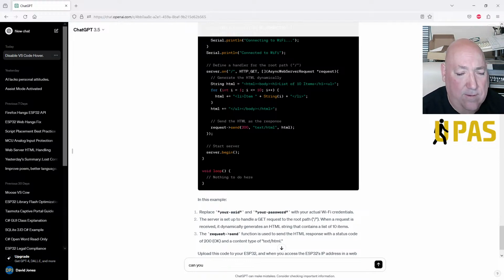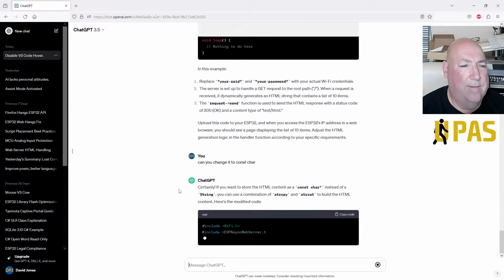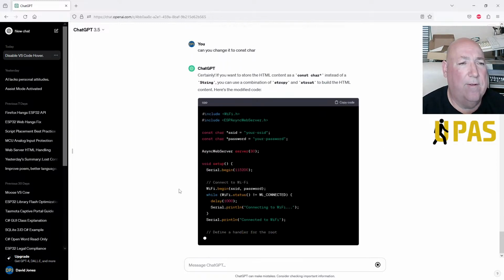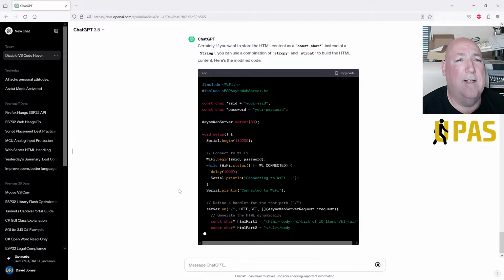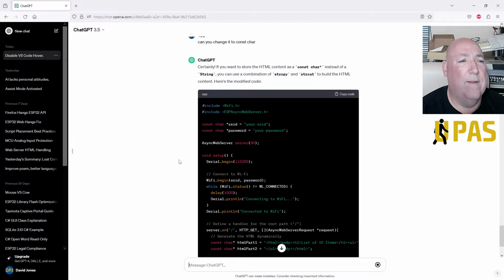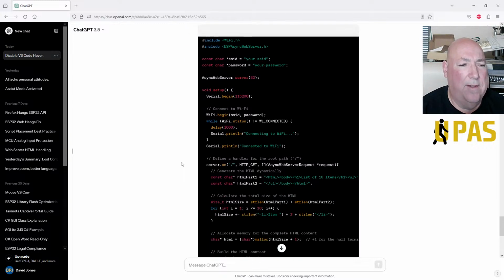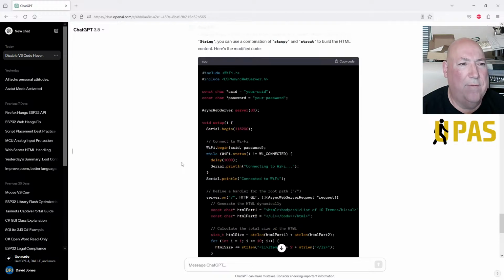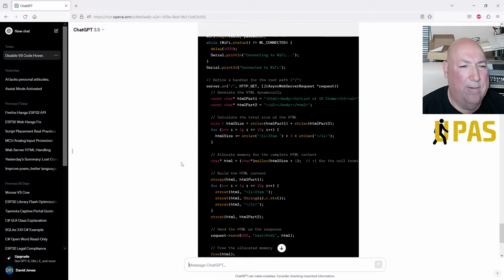Can you change it to constant char? Certainly, if you want to store the HTML as a constant character instead of a string, you can use a combination of string copy and string cat to build it. Yeah, okay. I don't know if I can combine the two. We'll see what it says.